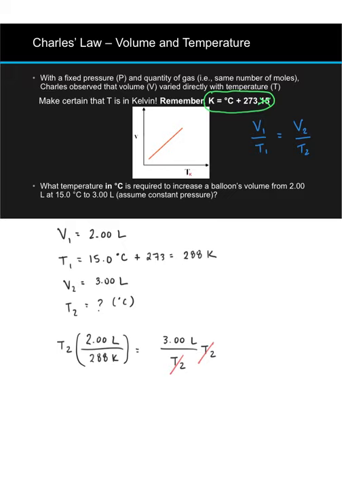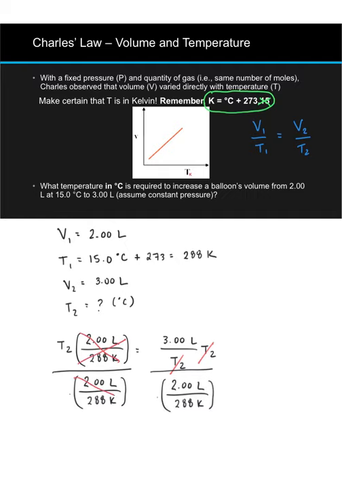If we divide both sides by this whole quantity, then 2 over 288 goes away on the left, and we'll be left with 3 liters divided by 2 liters divided by 288 K. Eventually, we'll find that units of liters cancel, and we'll just be left with Kelvin temperature, like we'd expect for